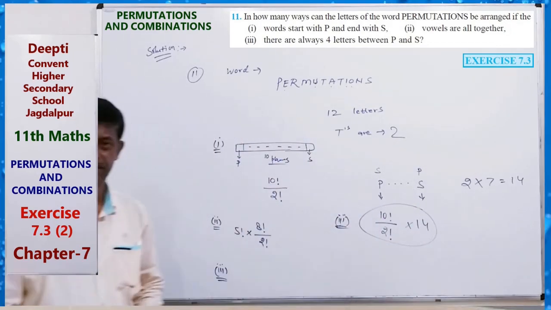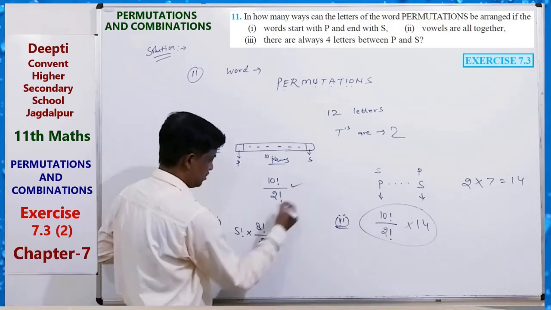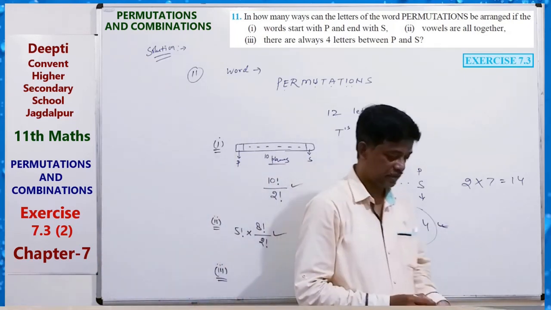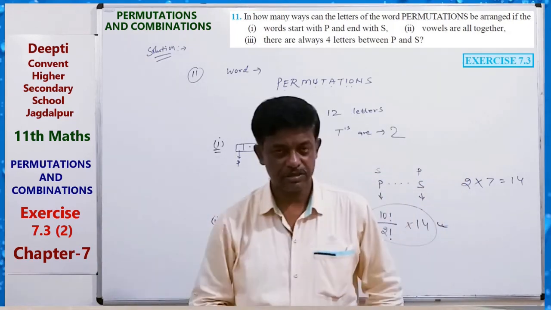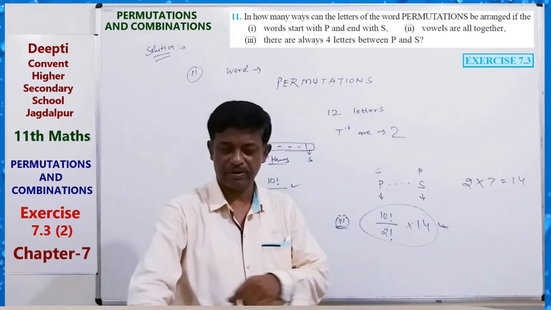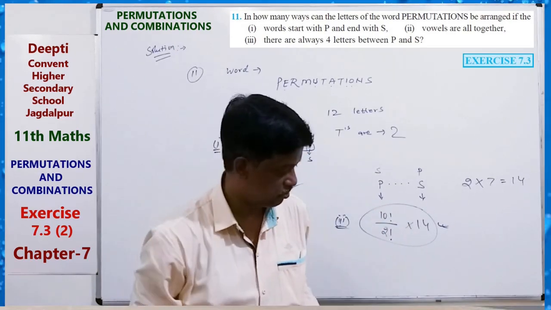So you have to write it in detail. This is the first answer, solve it. Second answer, solve it. Third answer, solve it. Okay. So solve all the questions of 7.3 in your math homework copy and send me a PDF file, at least the solution of 3 or 4 questions, for your attendance. Okay.